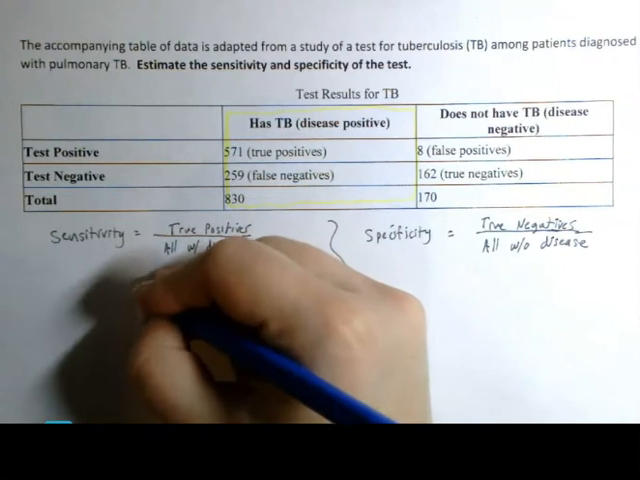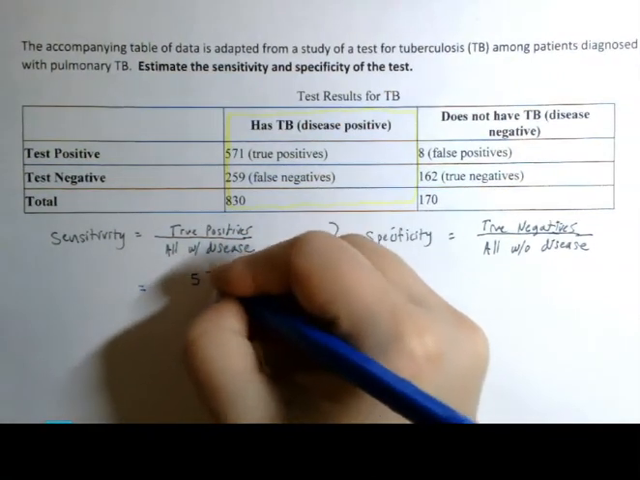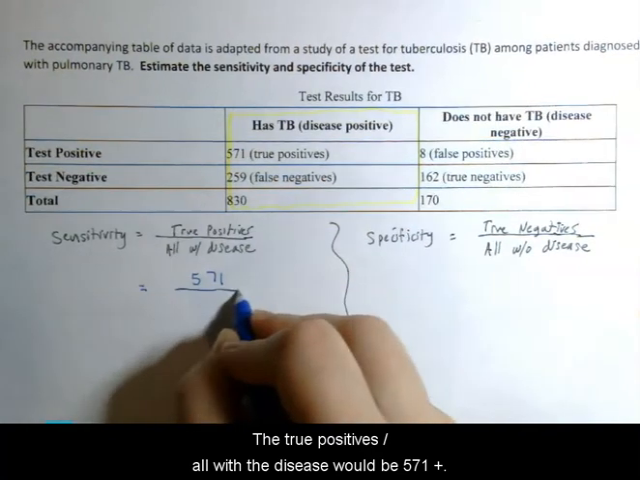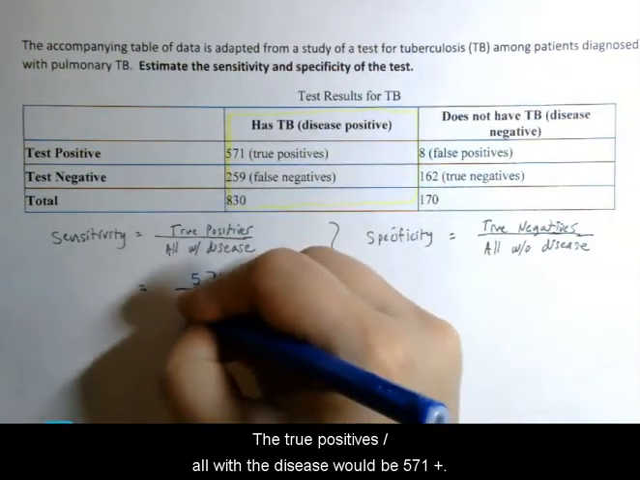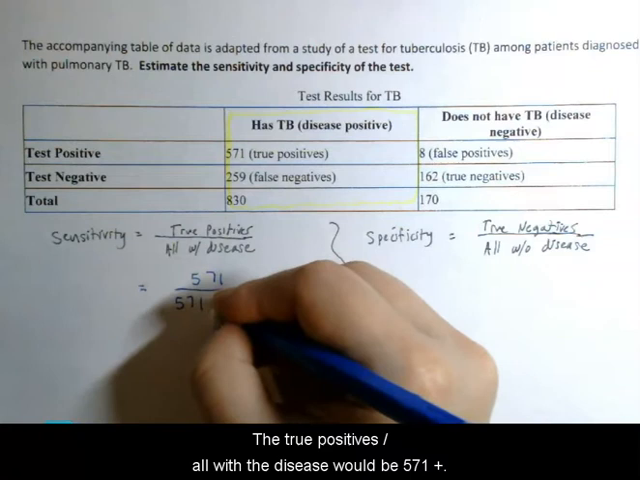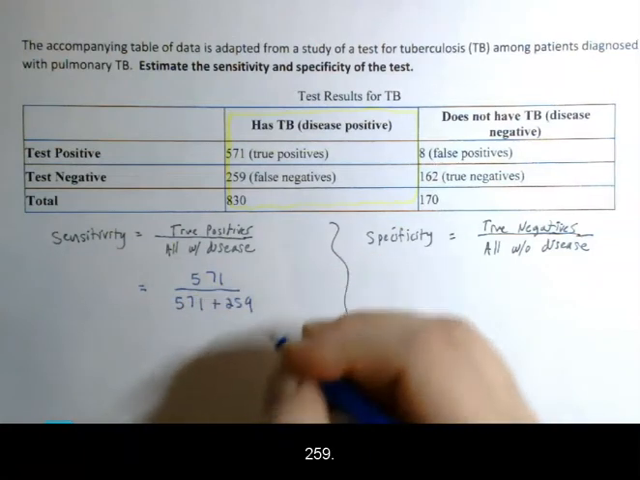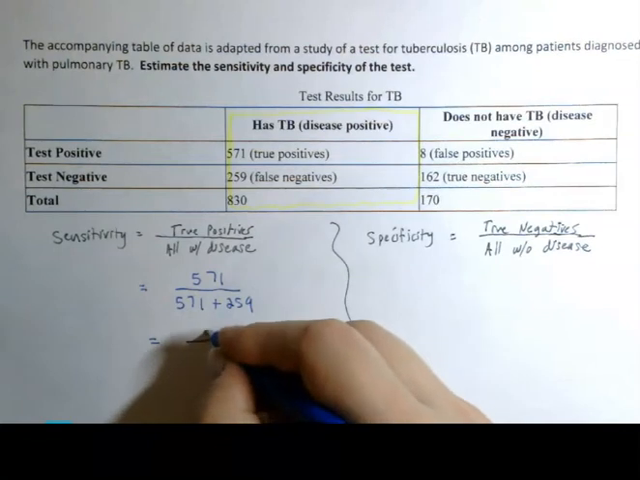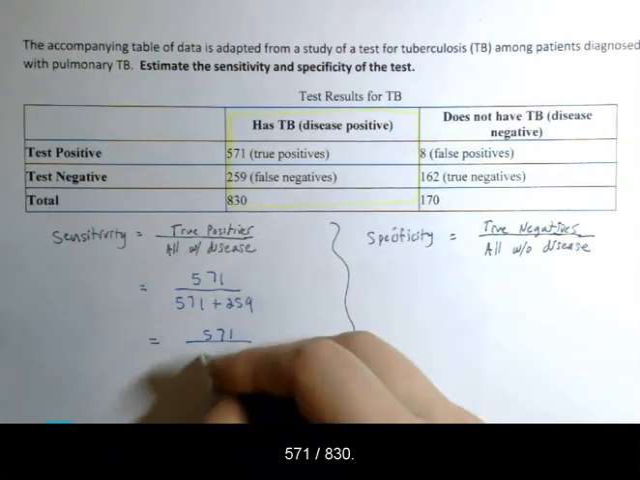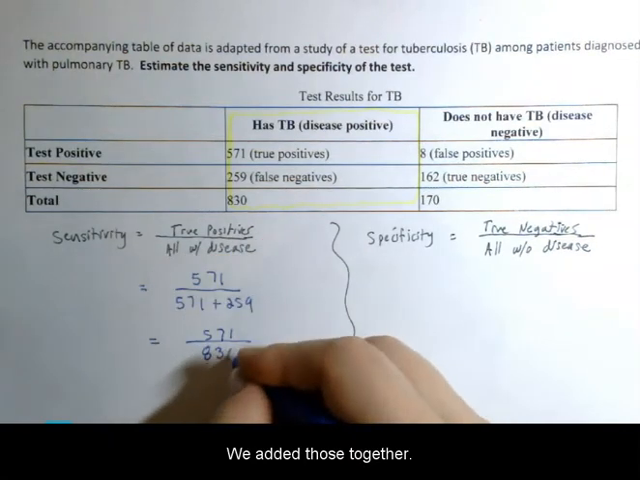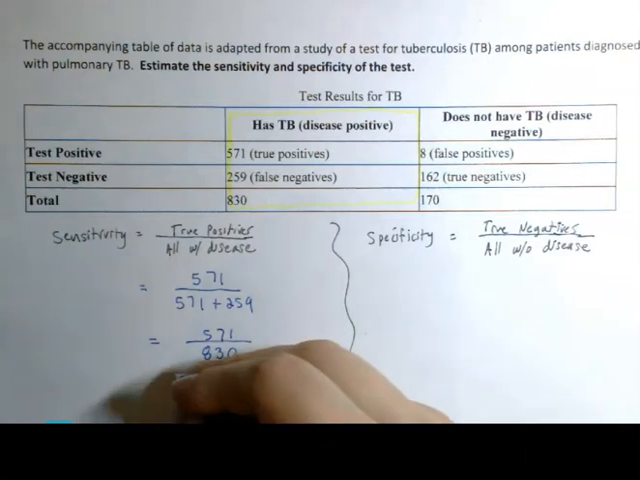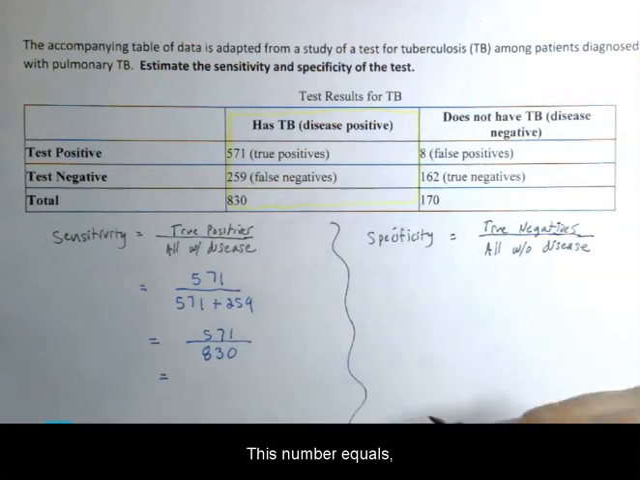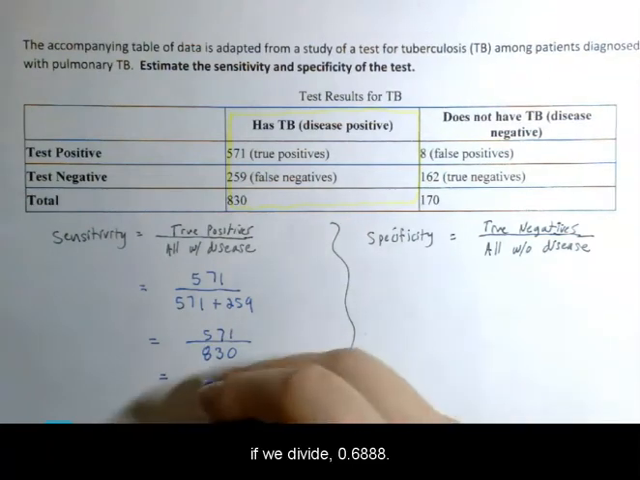So we have 571, the true positives, divided by all with the disease, which would be 571 plus 259. Simplifying, it's 571 over 830. If we add those together, this number equals, we divide